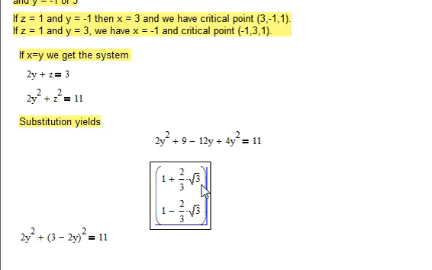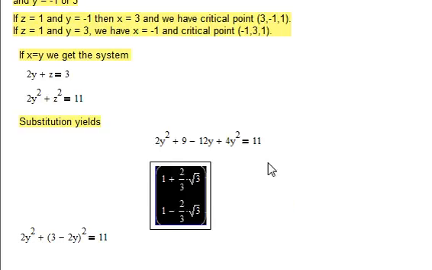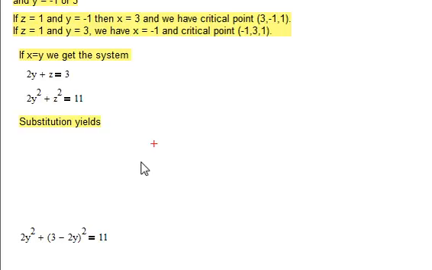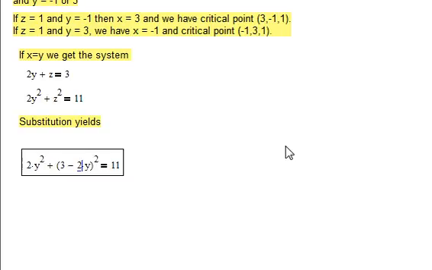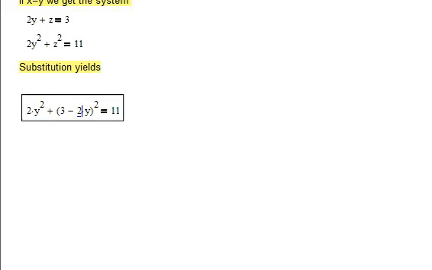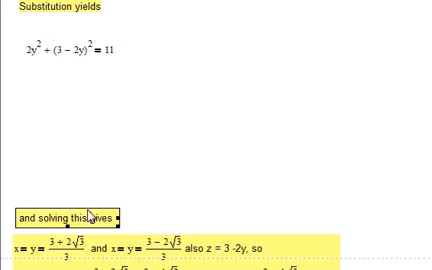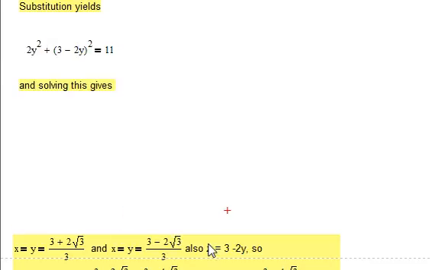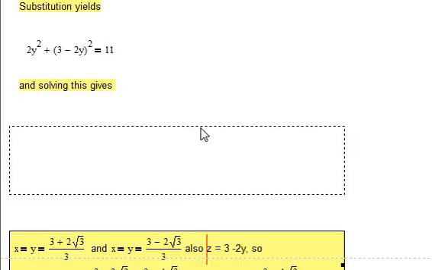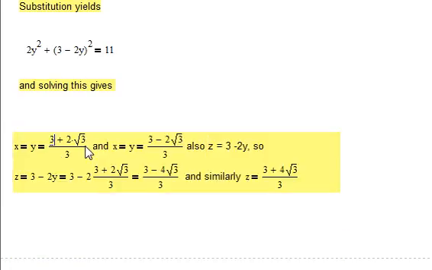I'm just going to solve, but you know how to solve a quadratic, so we get these two solutions. I would call this one (3 plus 2√3) over 3, the whole thing over 3. Same story with this one. So we got those two solutions from what that substitution yielded, and now that we've got those two, we can solve the fact that x equals y means that one of the solutions was this, and if that's x and y, then we need to see